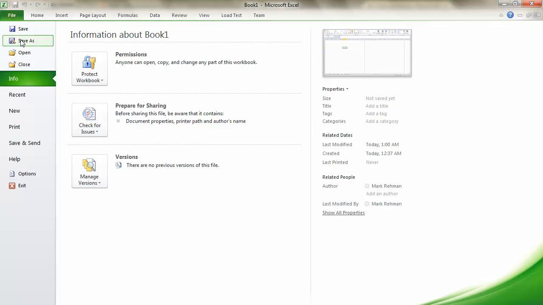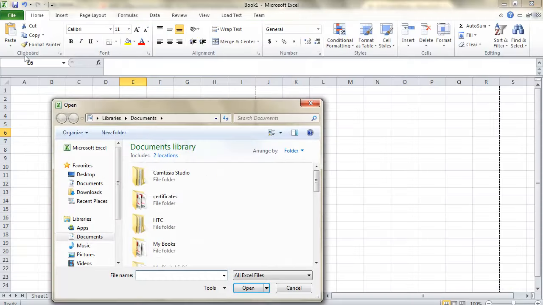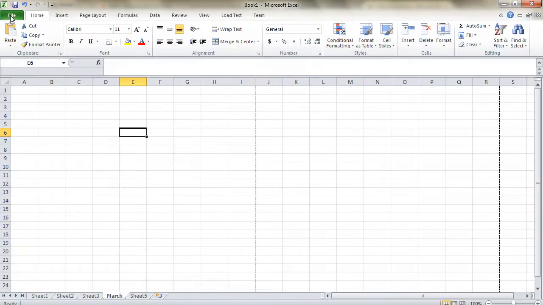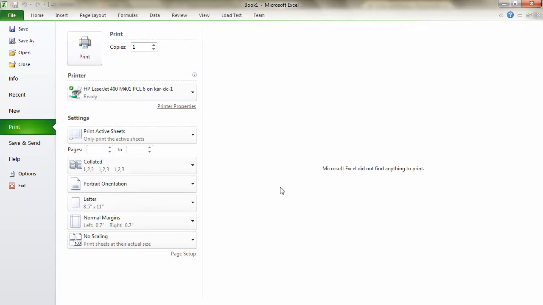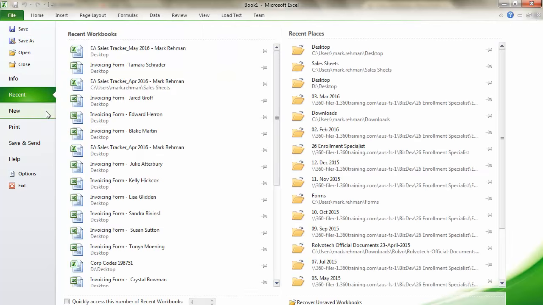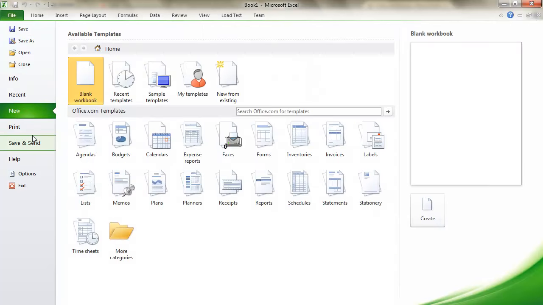creating new worksheets or opening up the existing ones. When you click on that, it gives you this pop-up window and lets you open the existing worksheets so you can work on them. It also has the option for the print preview. You can customize how many pages you want to print and what sizes. So this is actually a very important part of it. Here you can see the recent documents you were working on. I have a bunch of lists over here. I have the option for the new ones, and here I have a few templates I can use for the